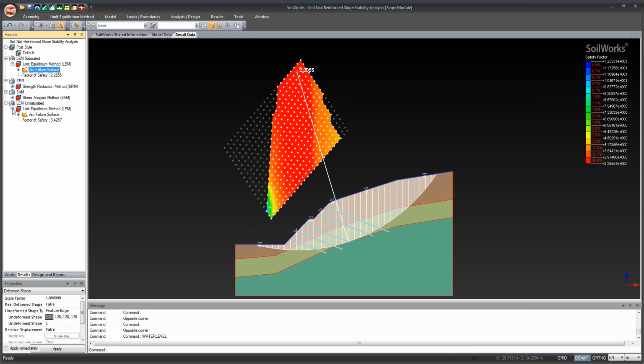But if I go to unsaturated, as you can see, the factor of safety is now 3.4. So essentially what this is telling me is that the presence of water greatly affects my factor of safety. It goes from 2.2 to about 3.4. So obviously, the slope is much more stable when there isn't water present. And for this particular